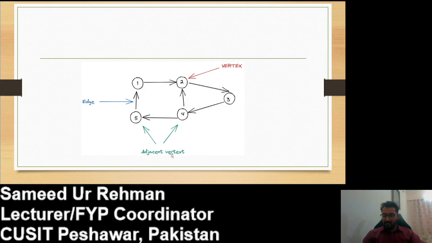An adjacent vertex means this node is directly connected with any other node. So 5 is adjacent to that node, 2 is adjacent to that node, 3 is adjacent to that node. As this is a directed graph, 4 is not directly connected to 3. Vice versa, 3 is connected because the arrow is on this side. So this is the whole scenario: